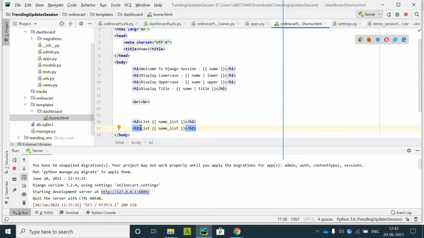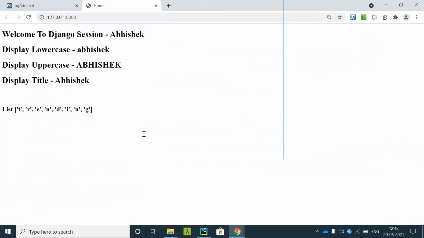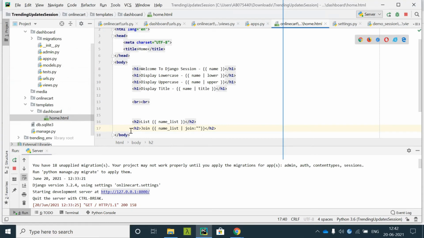I'll copy paste and say join. I'll use the pipe mark, join, colon, and this is how it will join, and it will display the list like this. You can see trending is joined. Now if you want the join to be separated by a comma, you can do it like this also.